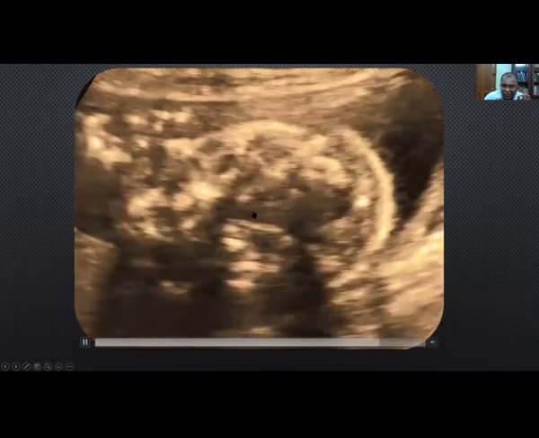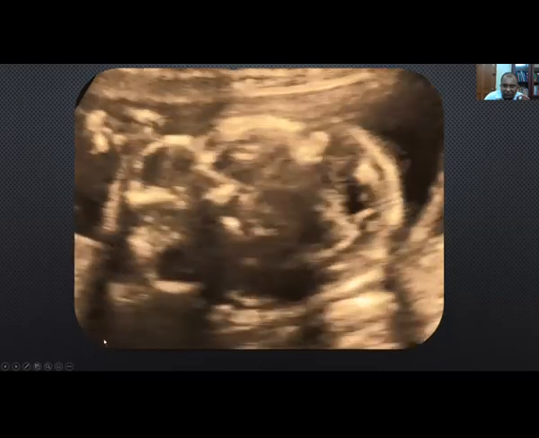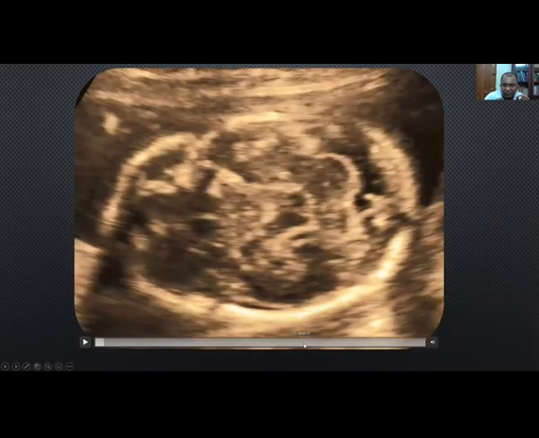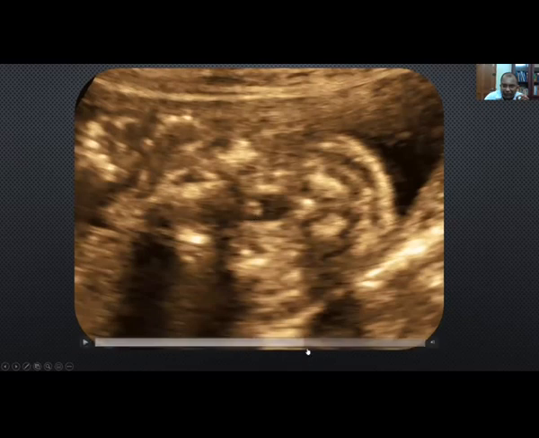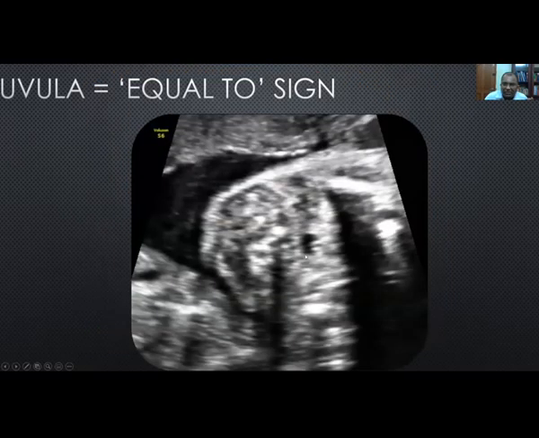So if you can see the uvula, you see two echogenic lines. This is because the sound waves on either side of the uvula get reflected more in the background of the pharyngeal fluid in the pharyngeal cavity. And this type of sign, the equal sign, as you can see over here, confirms an intact uvula,